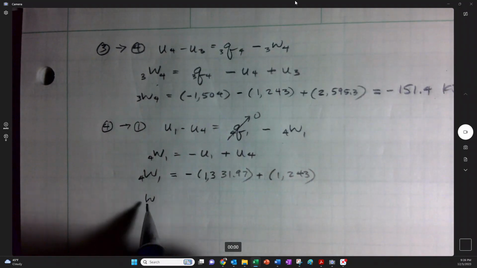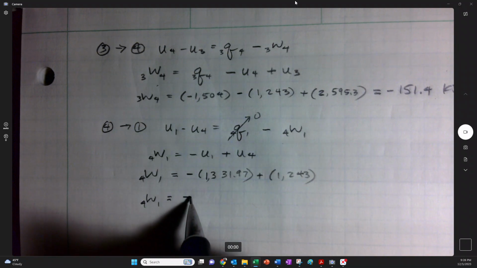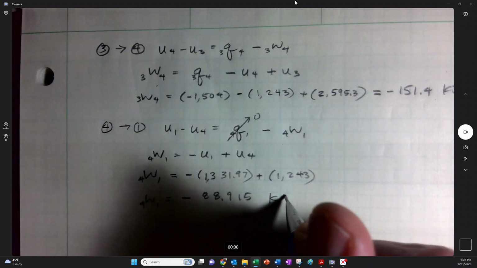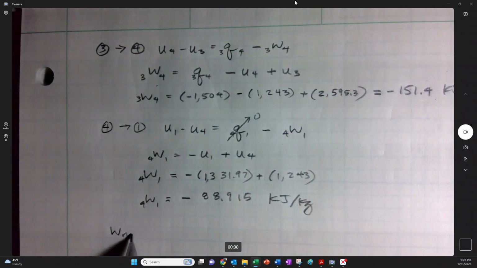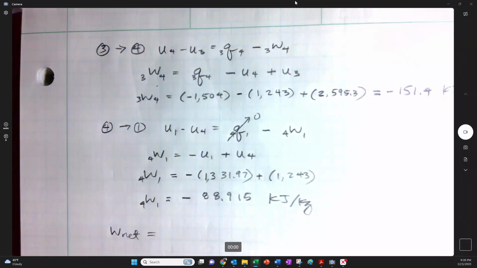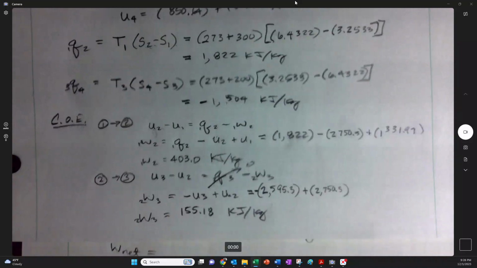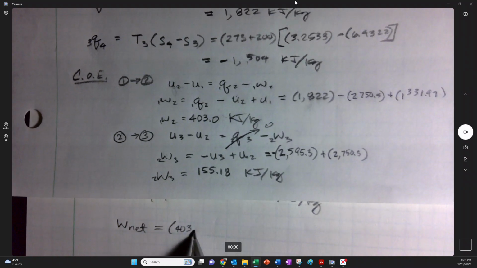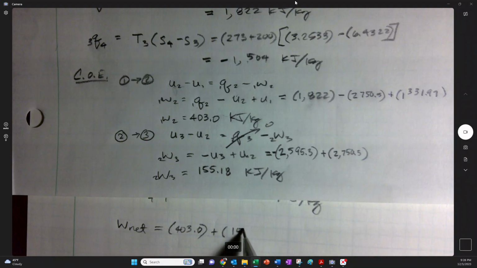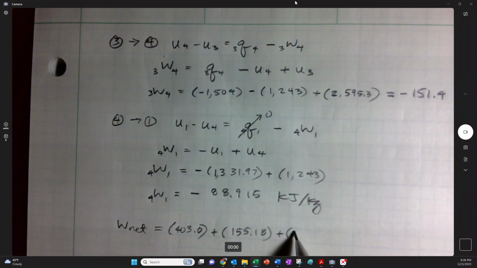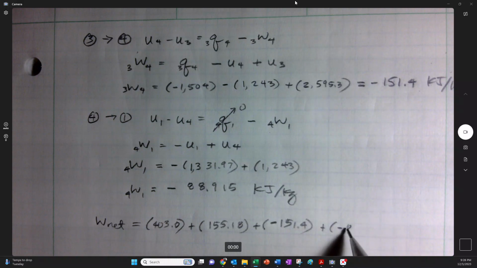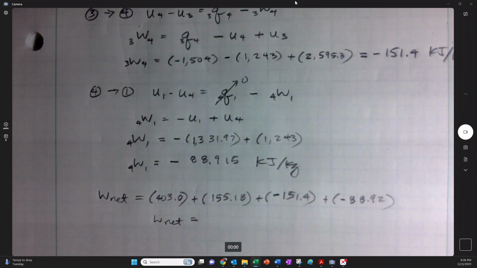So our work from 1 to 4 is a negative 88.915 kilojoules per kilogram. That's a lot. I don't need that many sig figs, but I did it anyway. Now what we really want is our net work. So let's add all of these up. On the first one we got 403.0, and then we're going to add 155.18, and then add in the negative 151.4, and then add in the negative 88.92, call it. And what we find for our net should be